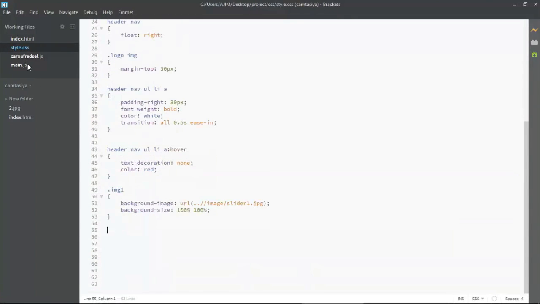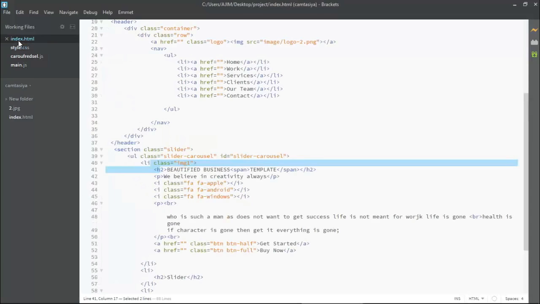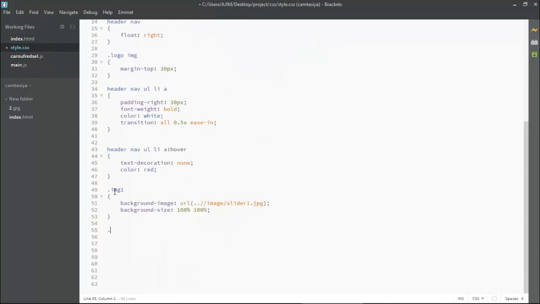As you can see on the index page, here we have section class slider. So this is the slider. I am calling this slider on the style.css to put a specific width and height. Also inside this we have slider ul li, so I'm calling all the slider ul li together. I'm coming here to style.css and mentioning a dot because this is a class.